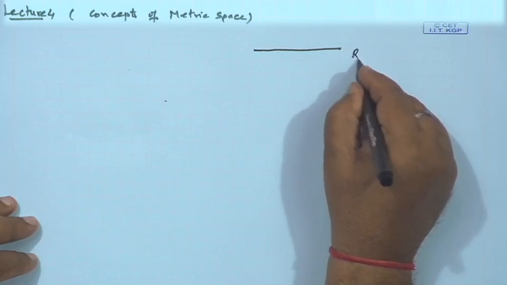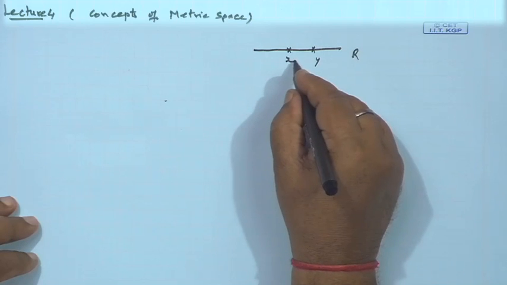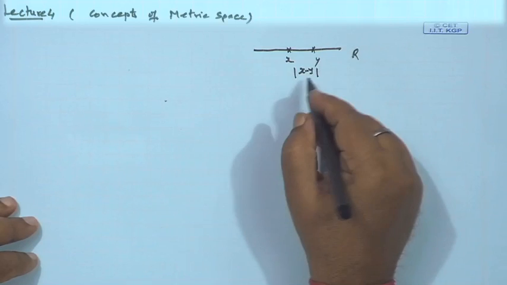When this notion of the distance or metric for a real number is extended to abstract sets in general, then the resulting mathematical structures are known as metric spaces. The metric space was first introduced by Fréchet. In fact, what we want to discuss here is, we know the real line R. When we take any two arbitrary points on it, then the distance between x and y is the absolute length between x and y.